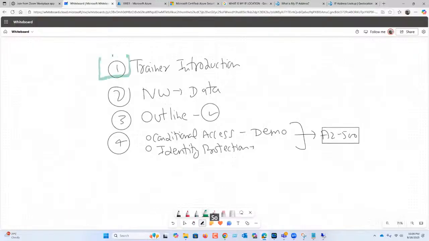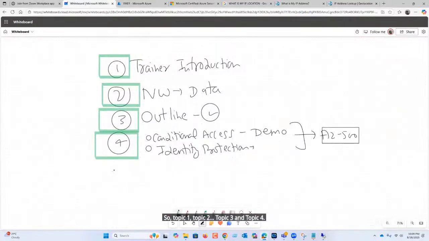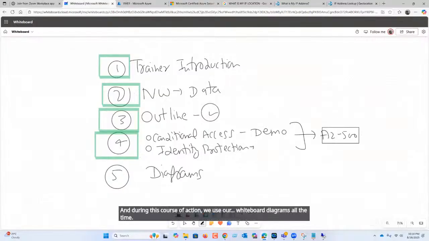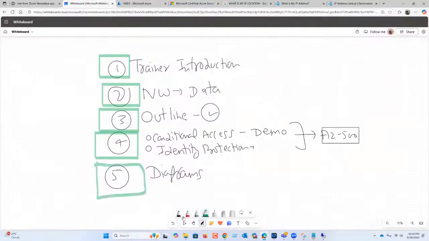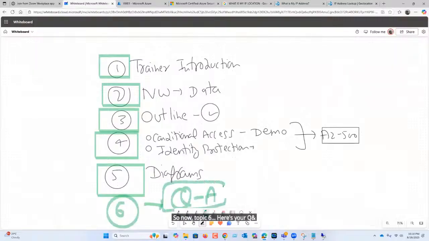So topic 1, topic 2, topic 3, and topic 4. And during this course of action, we use our whiteboard diagrams all the time. So now topic 6 is your Q&A. If any question for me, I'm happy to answer.